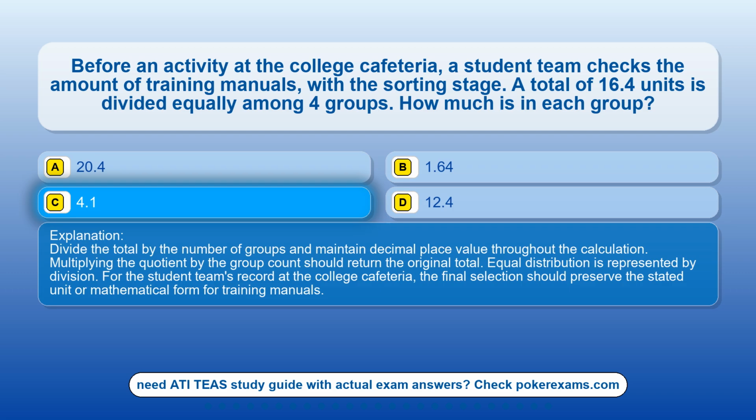Divide the total by the number of groups and maintain decimal place value throughout the calculation. Multiplying the quotient by the group count should return the original total. Equal distribution is represented by division. For the student team's record at the college cafeteria, the final selection should preserve the stated unit or mathematical form